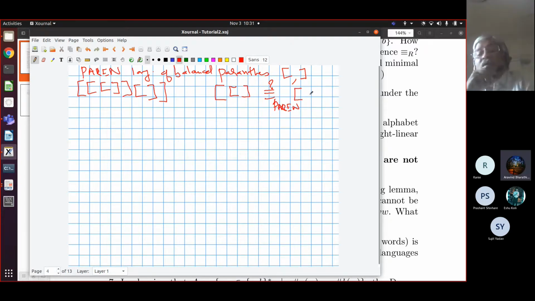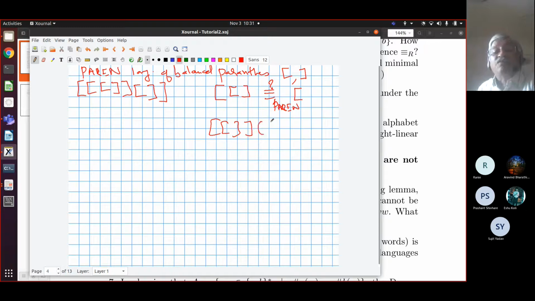Can it happen? Equivalent, because we only have two letters and there is an imbalance of one. Yes. So if you give a right bracket, it will become accepted. I've got left bracket, right bracket. After this, if I get a right bracket and then I give any balanced parenthesis string, no? Same thing I can do here. So these are equivalent, right? Rani, is that clear? Why these two are equivalent? Yes, sir, it's clear.